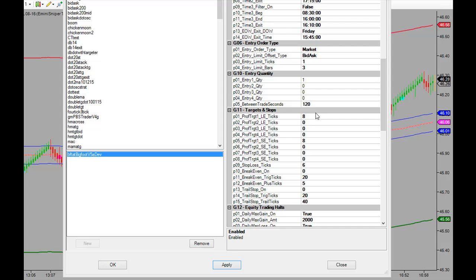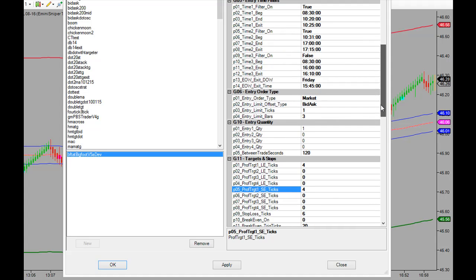target. Okay, so in this case, this is the 8-tick target where you would put that in. Again, I'm going to go to the short side 4 ticks, to the long side 4 ticks, and just leave up my 6-tick stop. And you can do all your break-even adjustments, your trail stops, any of that kind of thing. And then of course to set up your time filters, this is where I'm giving it the window where